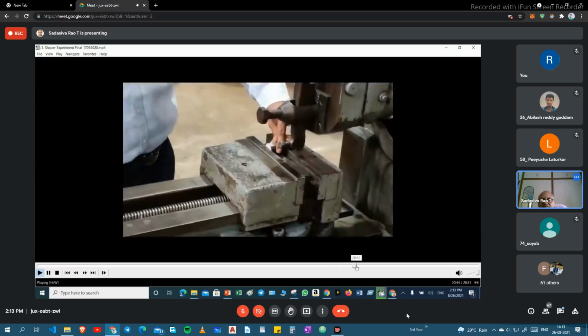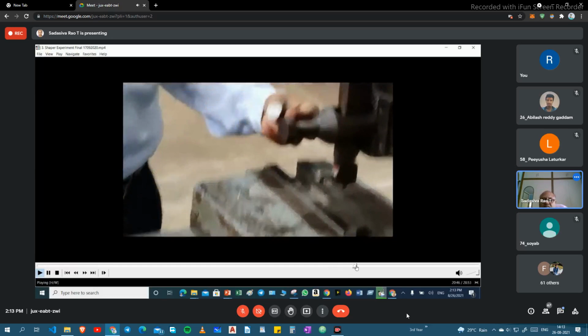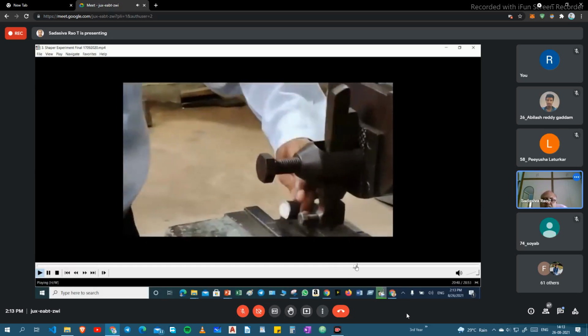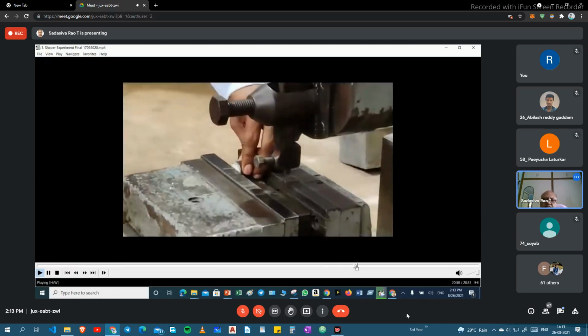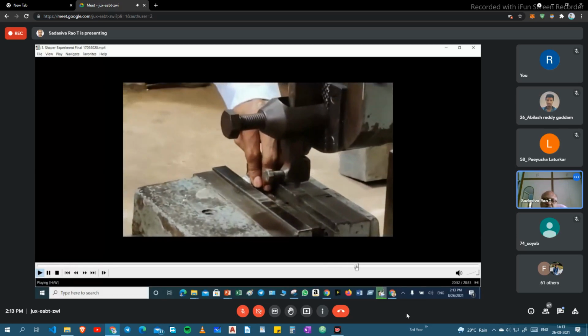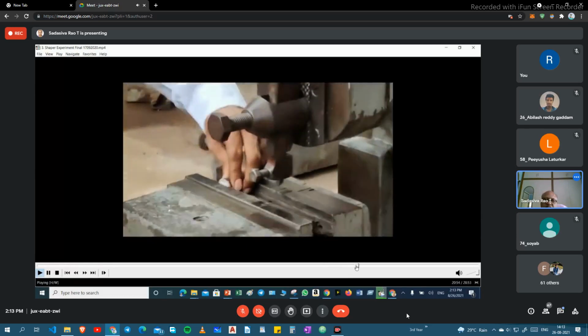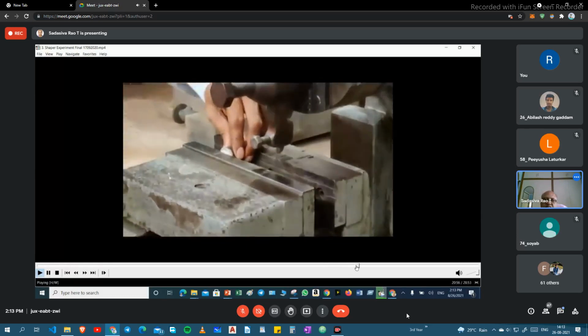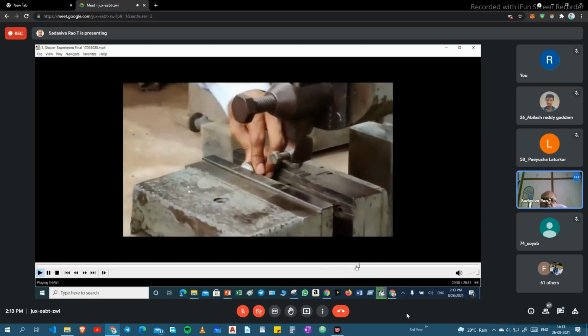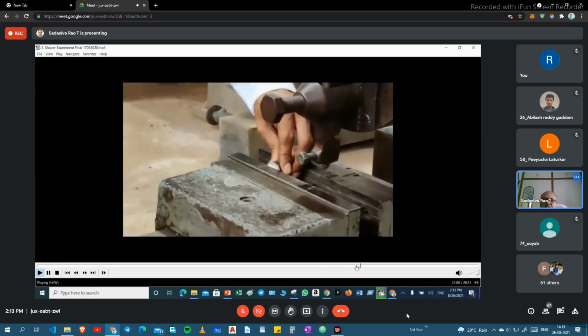Twice. Then take the workpiece and set this one opposite, which means workpiece in the opposite position, then tighten it twice using this one. Okay, now we will be pushing it on this side, the opposite side.